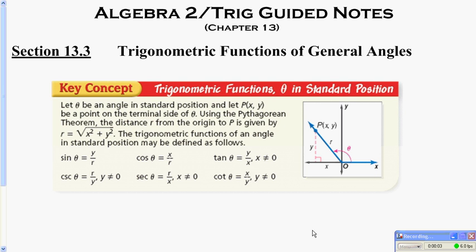Lesson 13.3, Trigonometric Functions of General Angles. Now this table, this key concept frame here, shows us that we can find sine, cosine, and tangent and their reciprocals given a point. A point is a location on a grid, on a Cartesian coordinate plane, and if we make a right triangle